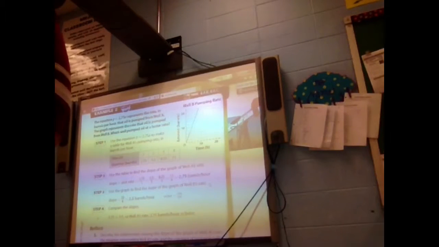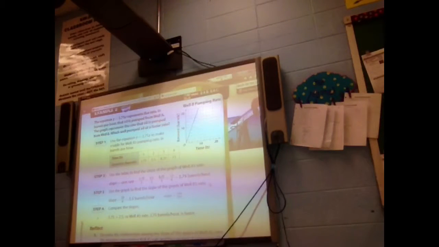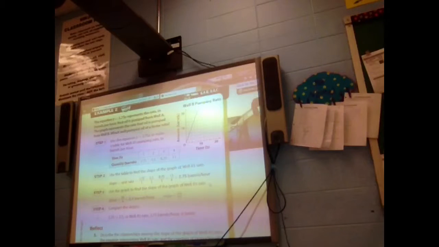Okay, so this is the example on page 73, example 2. We have the equation y equals 2.75x, which represents the rate in barrels per hour that oil is pumped from well A. The graph represents the rate that oil is pumped from well B. Which well pumped oil at a faster rate? So we're going to use the equation y equals 2.75x